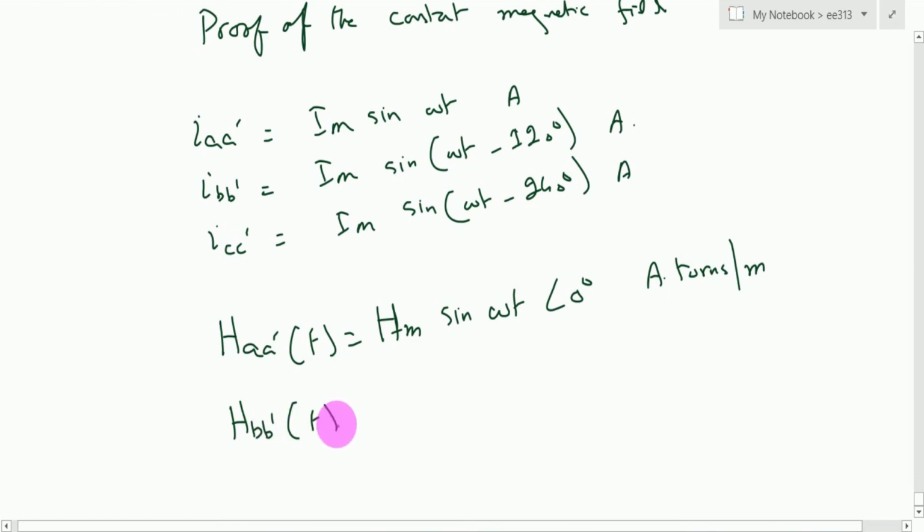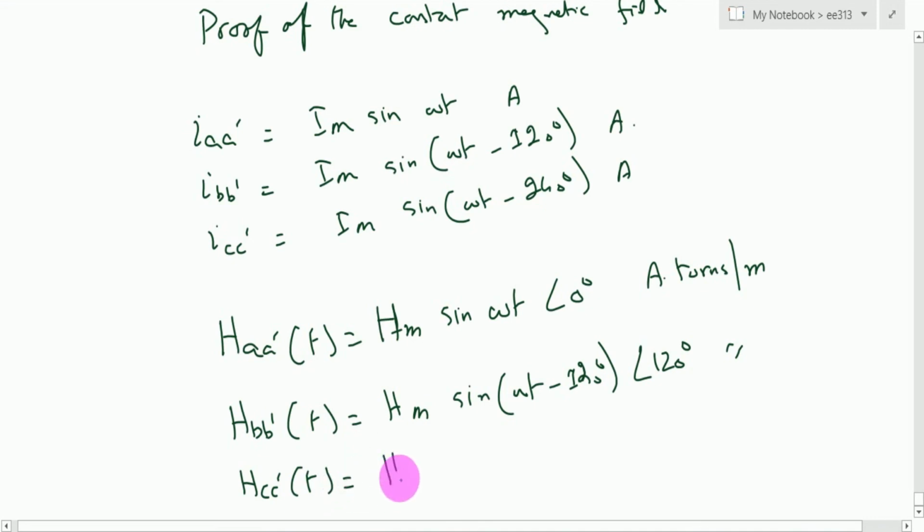For the phase BB dash, the same goes with Hm sine omega t minus 120 degree, and here we have the phase difference equal to 120 degree and the unit remains the same. So H CC dash t is equal to Hm sine omega t minus 240 degree at an angle of 240 degree